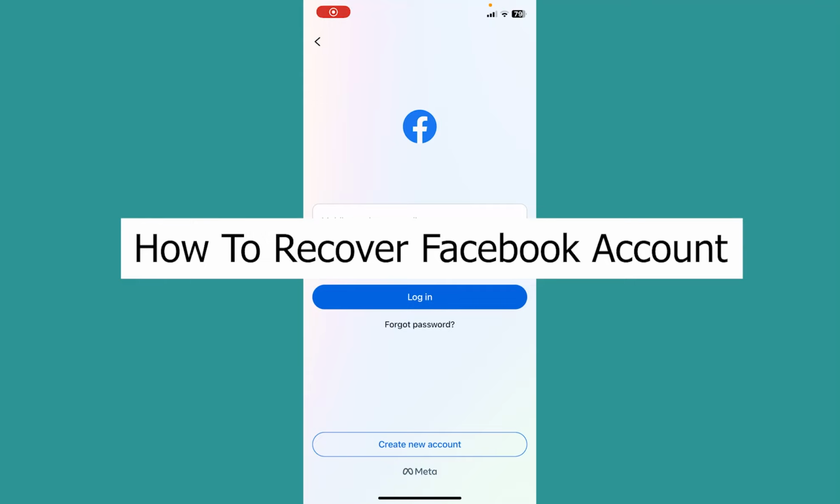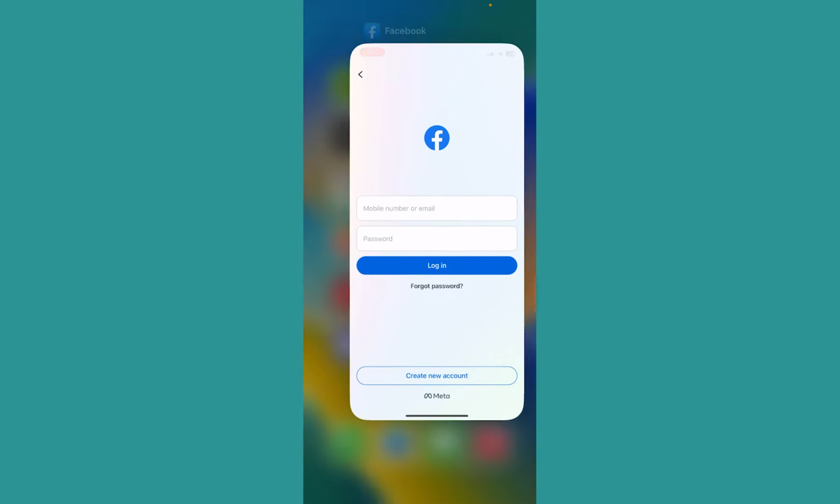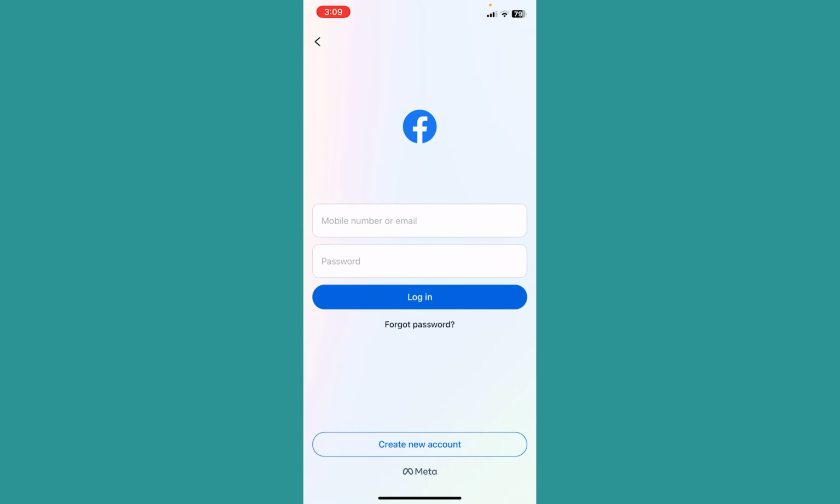Today I'll be teaching you guys how you can recover your Facebook account. So it's pretty simple. First thing is you want to go to the login page of your Facebook. So I'm using my Facebook app as you guys can see. So once you're in the login page, instead of just trying to log into your account, click on forgot